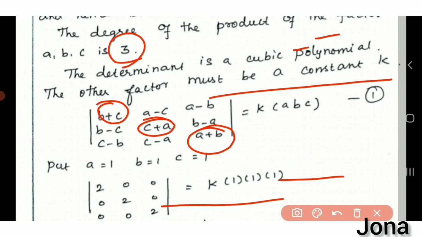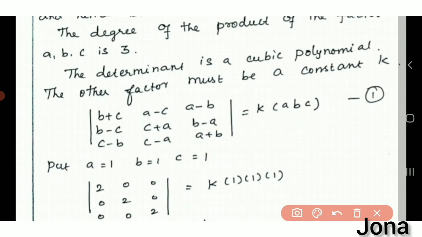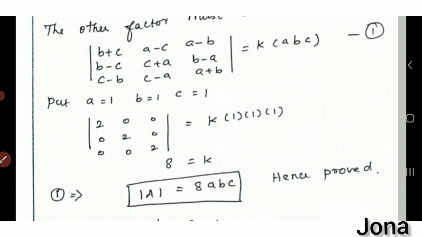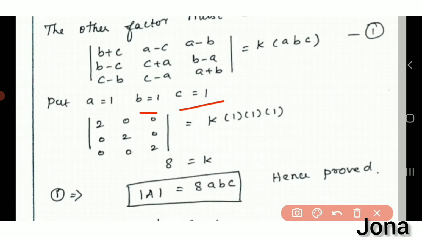So in that answer we should write k into abc. Left hand side, as usual, you have to write the same thing there. Right hand side only you have to include k here. So k into abc. Here we want to find the value of k now. For this k I want to substitute the value of a is 1, b is 1 and c is also 1 here. Whatever number you want you can substitute, but if you take a small number it will be easy for the calculations here. So take a equal to 1, b equal to 1 and c equal to 1.